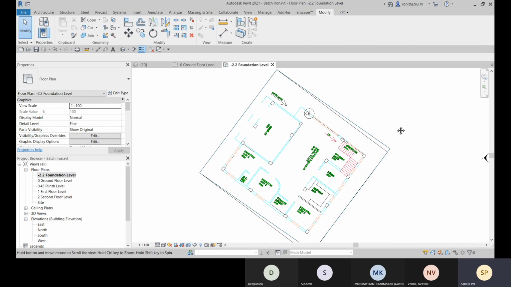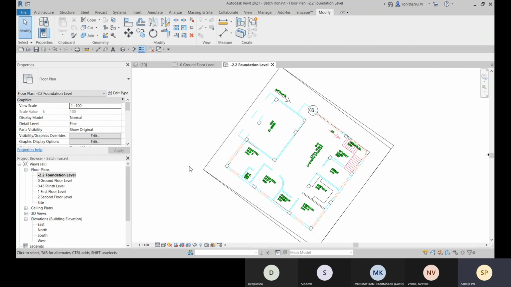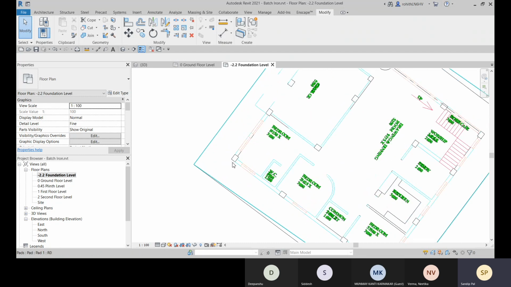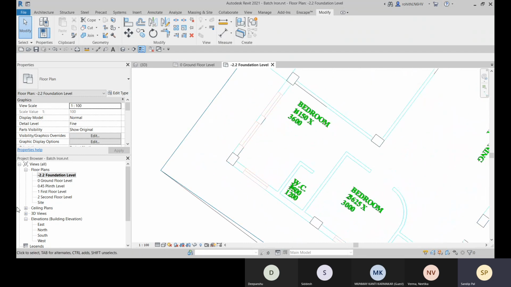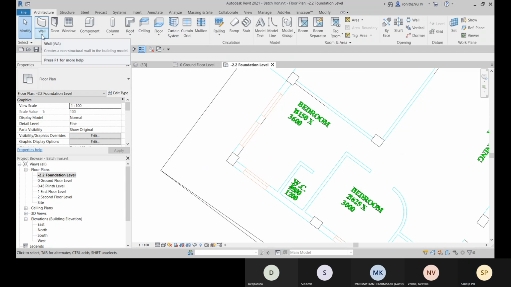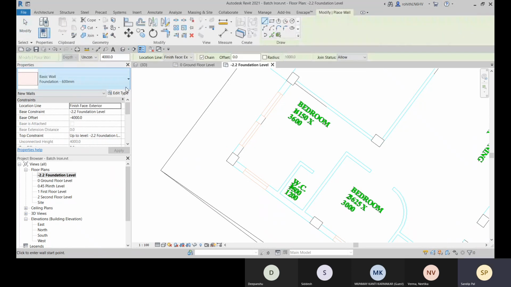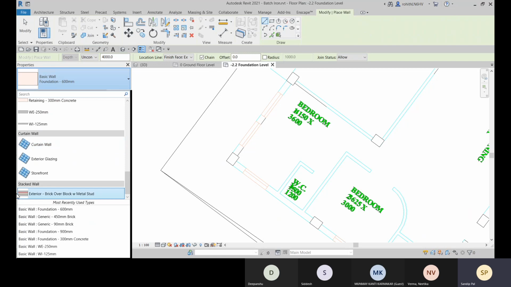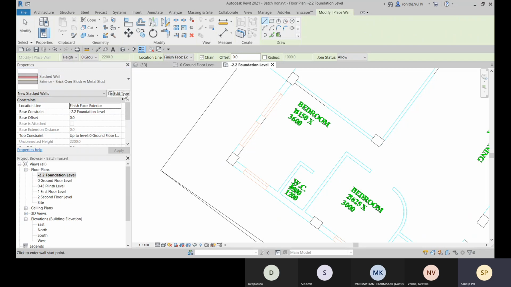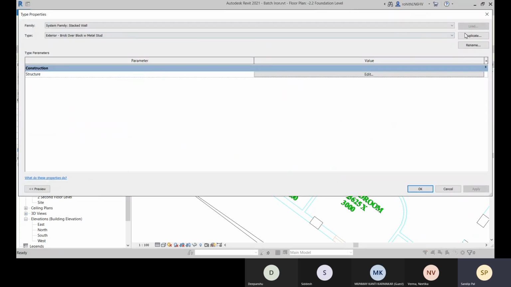So this is visible in this foundation level also. So let's start placing over there. All right. So let me go with the wall option. And here I have one stacked wall. Okay. I have one stacked wall and I will duplicate this and I will create my own.